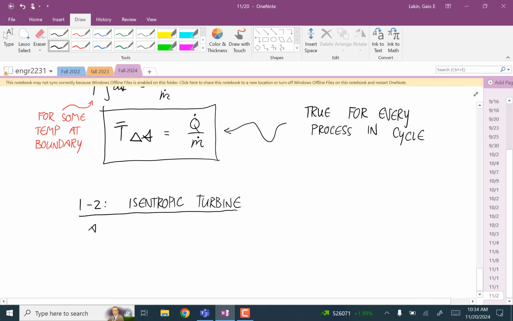Well, we know that S2 is equal to S1. So delta S is 0. And so we know that,